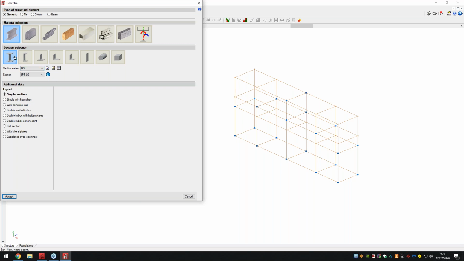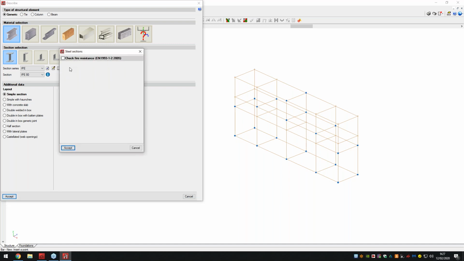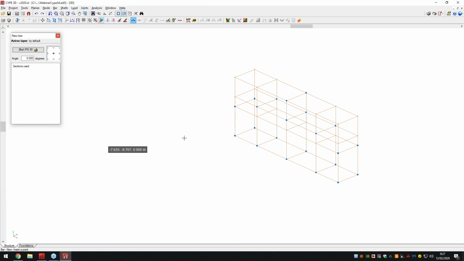Okay, so I'm going to select this type of bar with simple sections. You can see obviously all these different layouts as well that we're able to introduce. But for this particular webinar, I'm not going to do anything too complicated because of strictly just time. Again, we can of course introduce fire resistance for our members. So let's